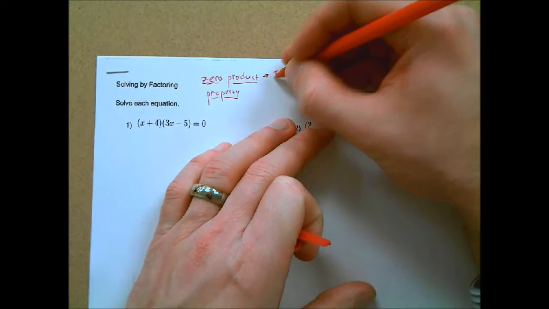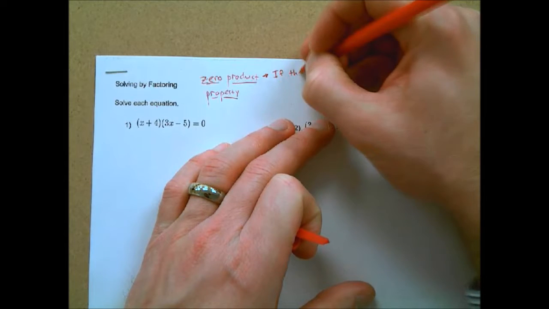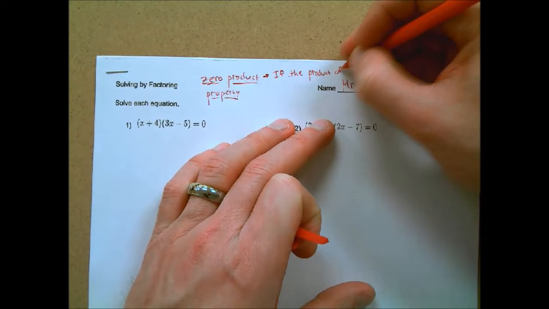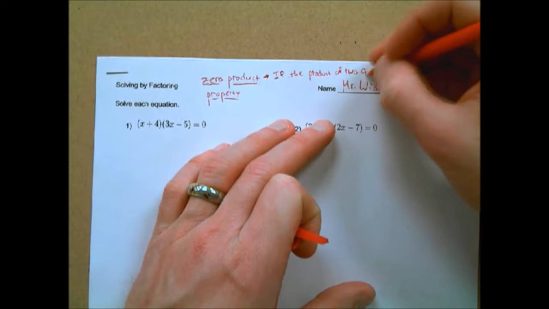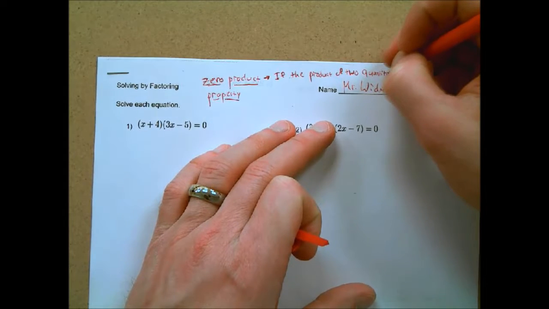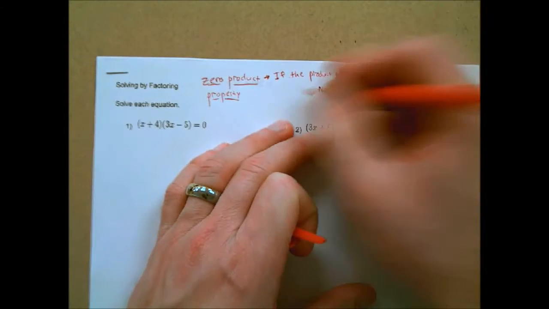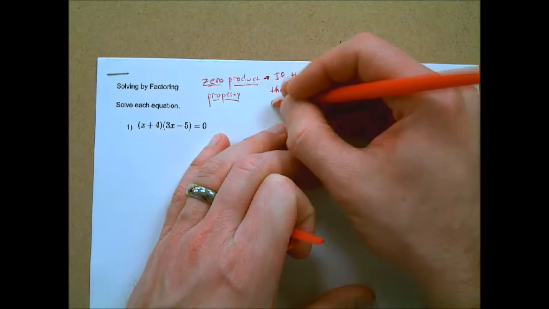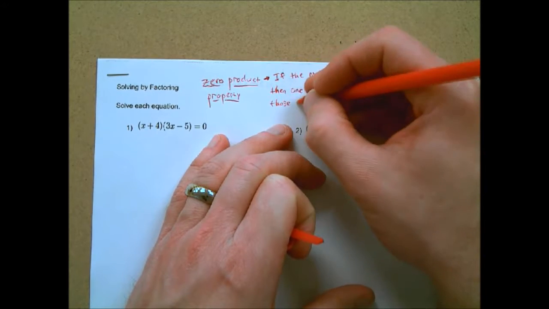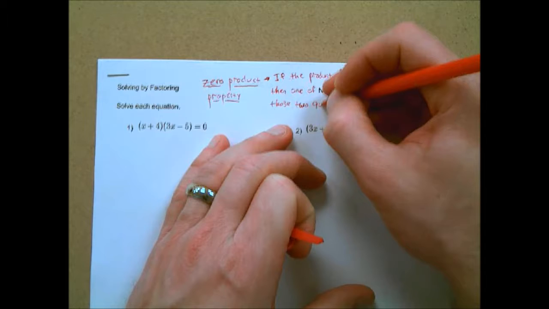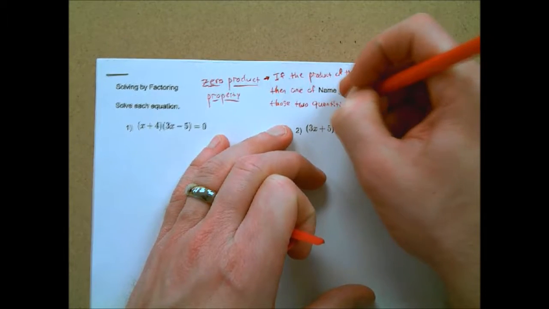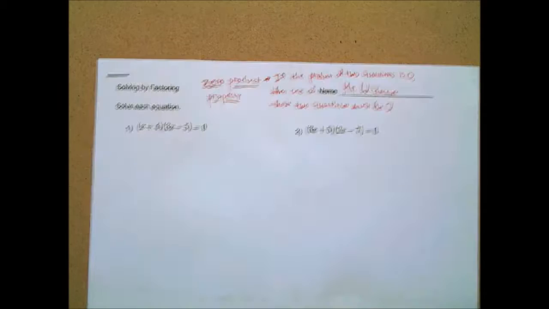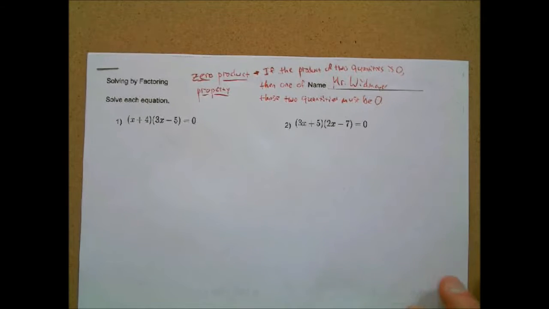If the product of two quantities is zero, then one of those two quantities must be zero. Okay. If the product of two quantities is zero, and really I could say if the product of